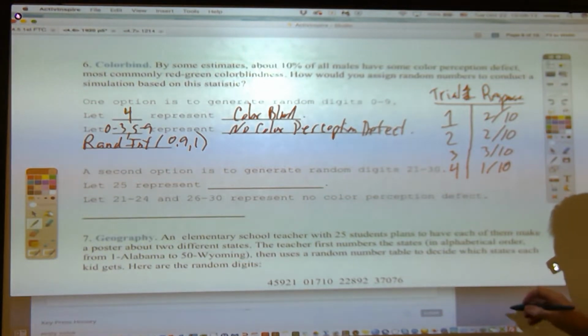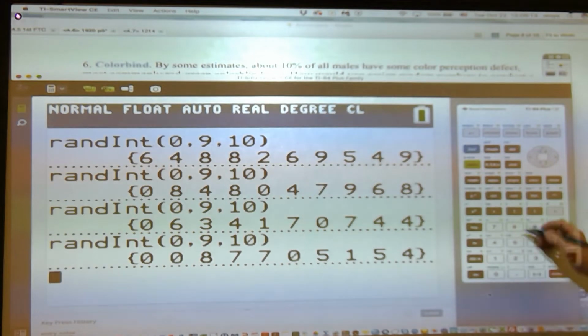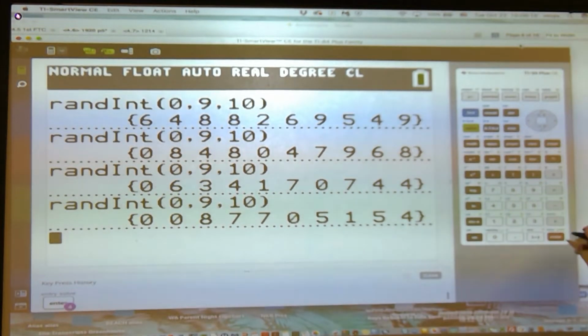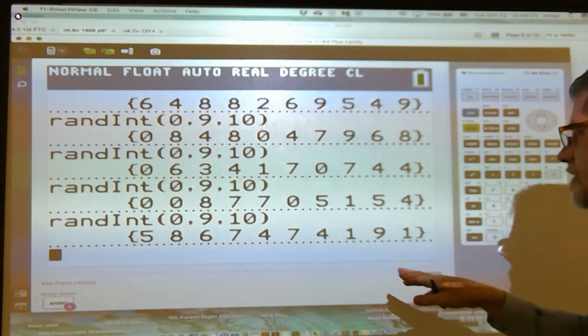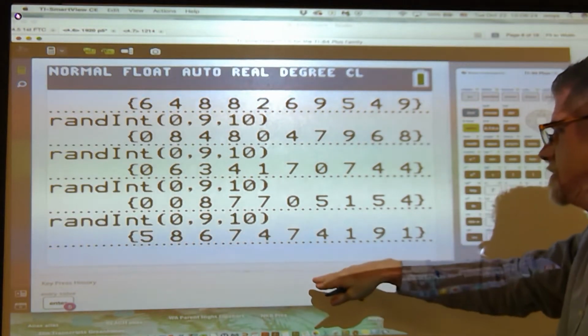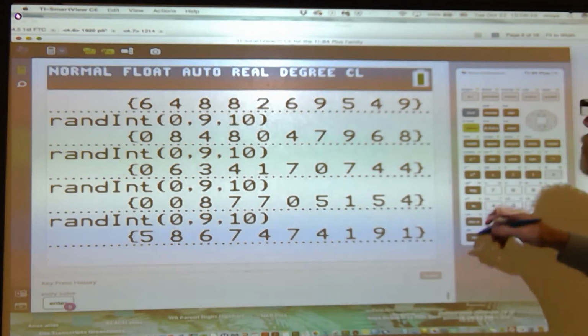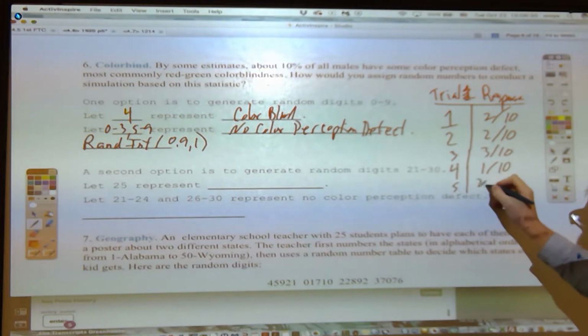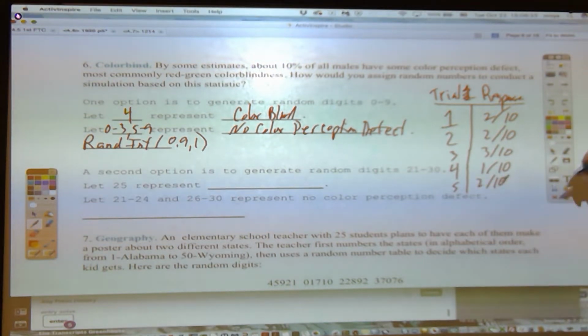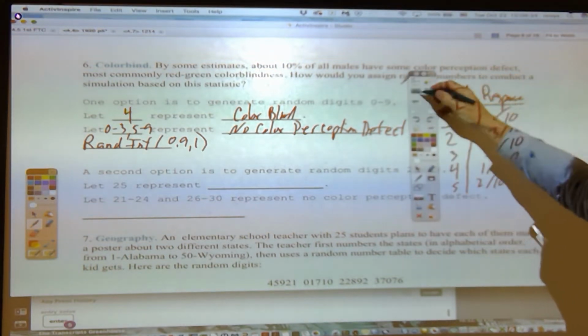And I could stop after 5. Let's say that I'm going to create a simulation in which I do 5 trials. Each trial consists of 10 components, and so in my 5th trial, I got 2 out of 10. So 5th trial, 2 out of 10 were colorblind. So then I average these. The result of my simulation,